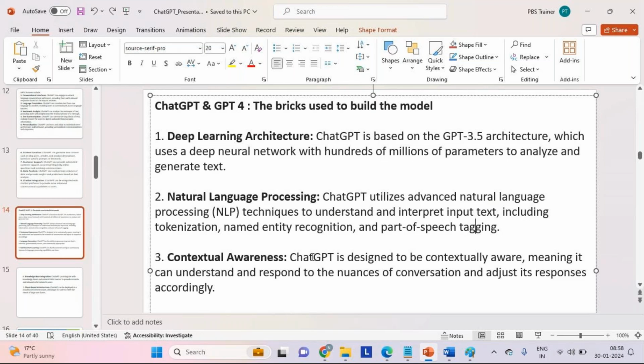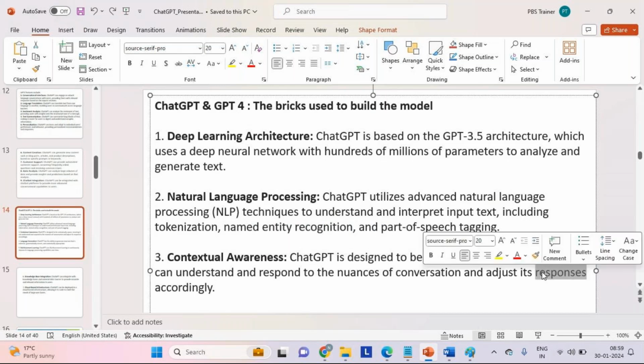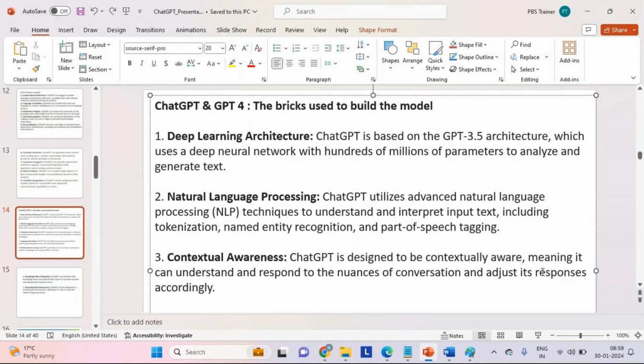If you try to mix up, then you will not get accurate data. Remember, that's what I was trying to talk about many times. Specific question, especially context-specific question, and then you'll get corresponding context-specific responses. So it can understand the nature of the conversation and adjust its responses accordingly.